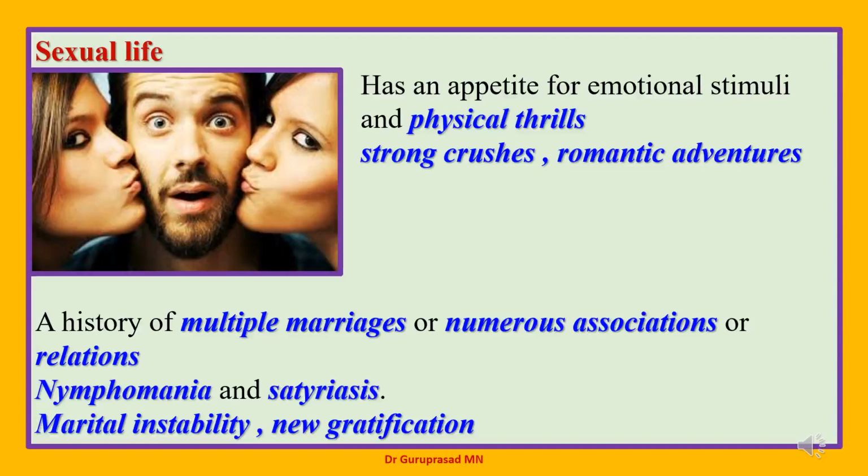Whenever you have a multiple marriage individual, whenever there are multiple relationship individuals, we should think one of the remedies could be Phosphorus. One more drug that comes very close to this is Lycopodium, Fluoricum acidum. They too have multiple relationships, multiple partners, and we need to differentiate between Lycopodium and Fluoricum acidum and Phosphorus.